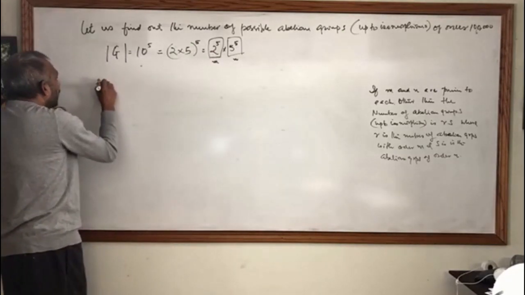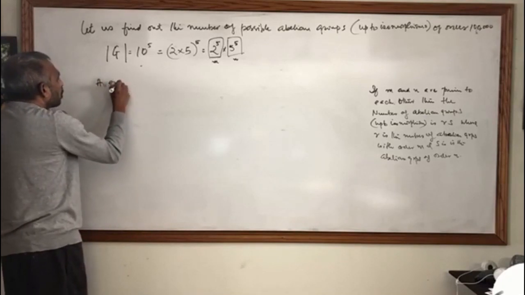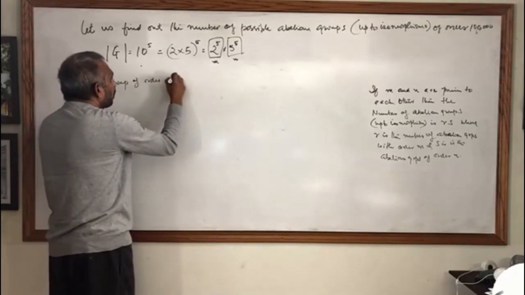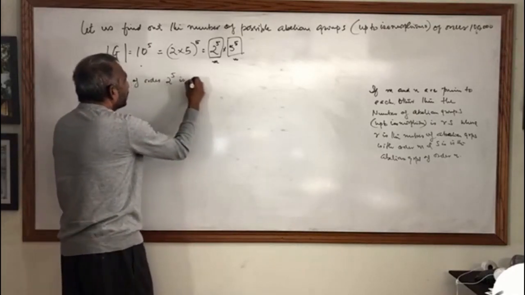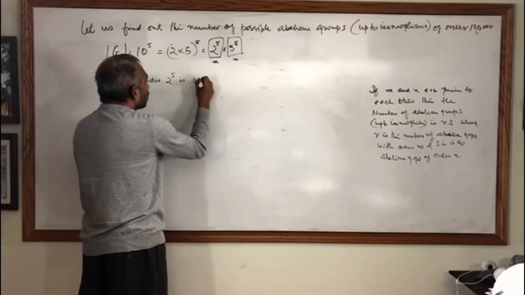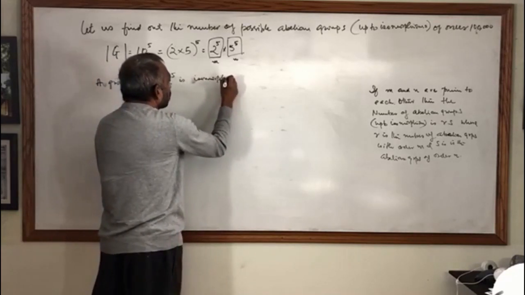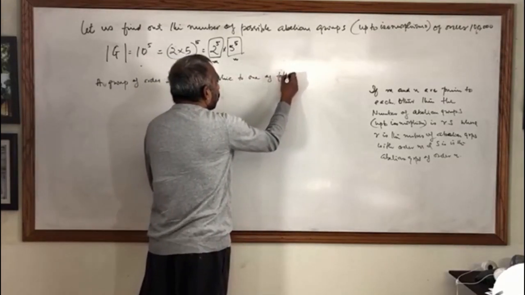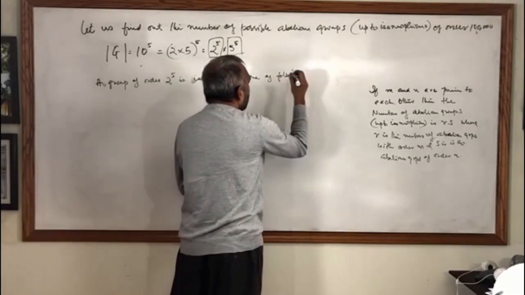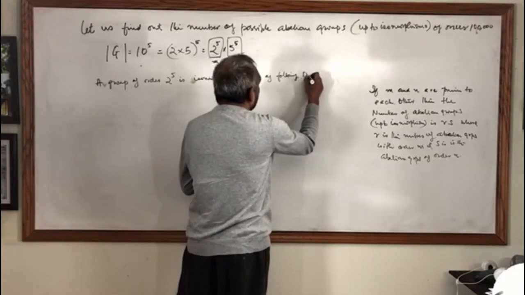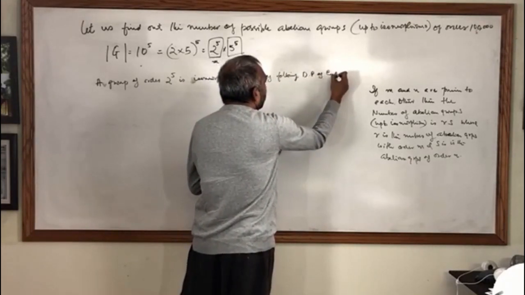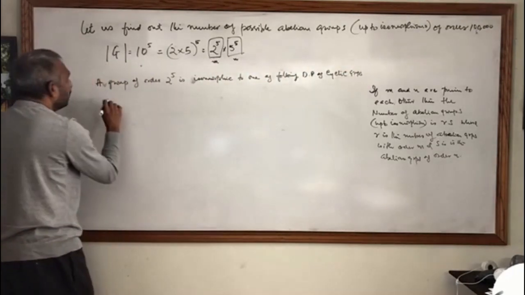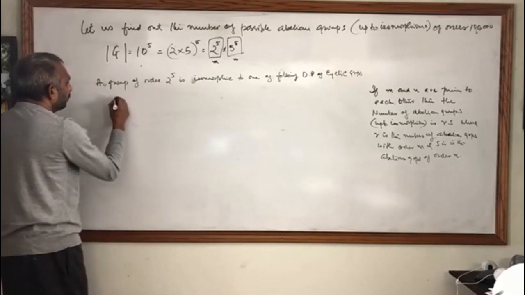So a group of order 2 to the power of 5 is isomorphic to one of the following direct products of cyclic groups. And what are they? That is, we can write it as